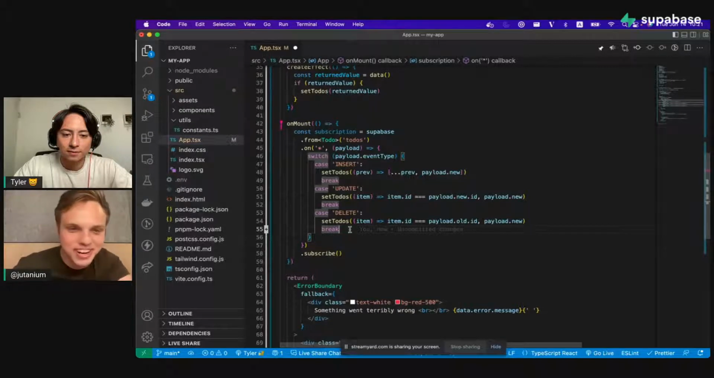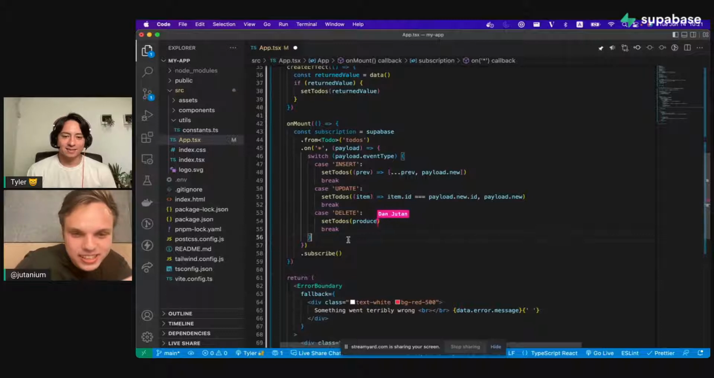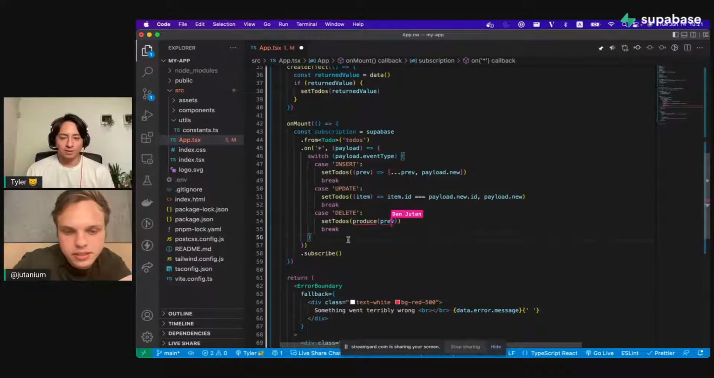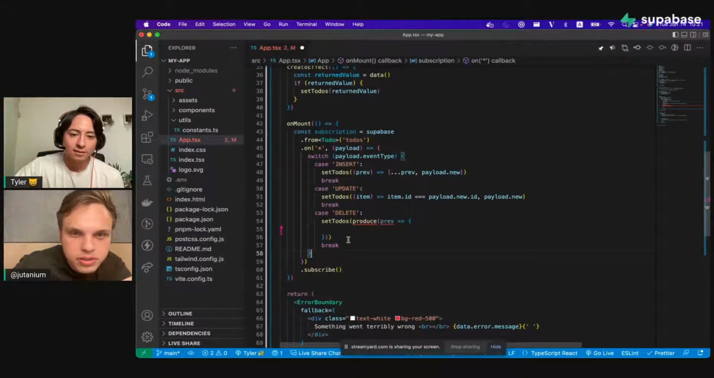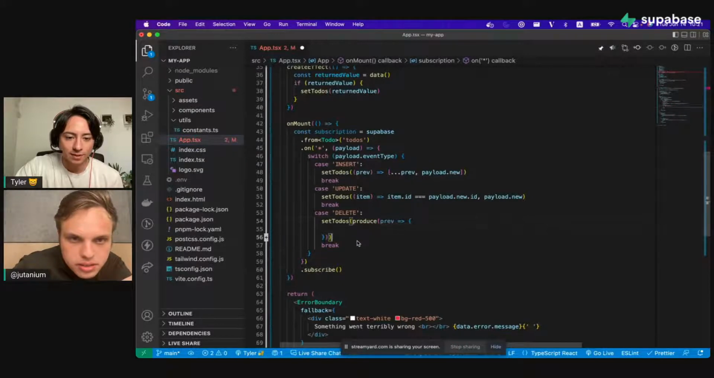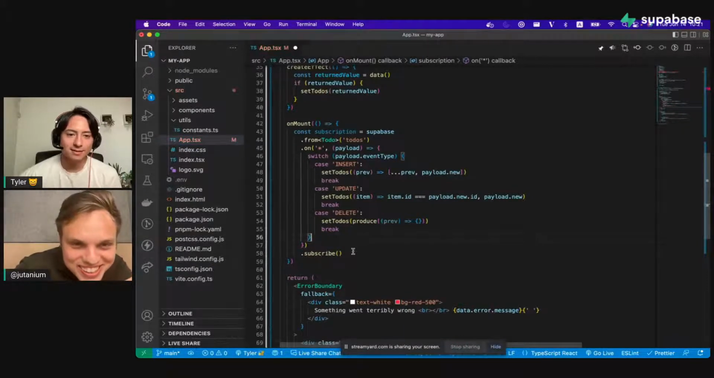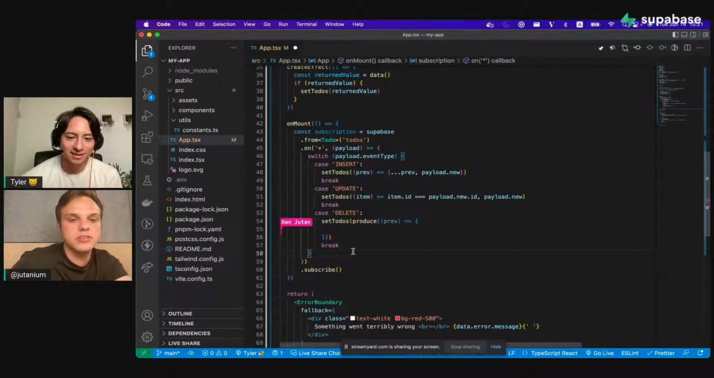Actually I can do this myself, right? I keep forgetting. Produce. I think I have to import this from store. Yep, I did that. Now you can just do delete